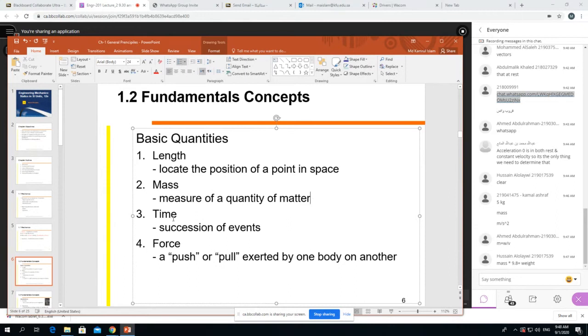Okay, time is the real thing. Time is the one thing: the succession of events, when some event happened. As an example, our class started at 9:30. Our class will be ending at